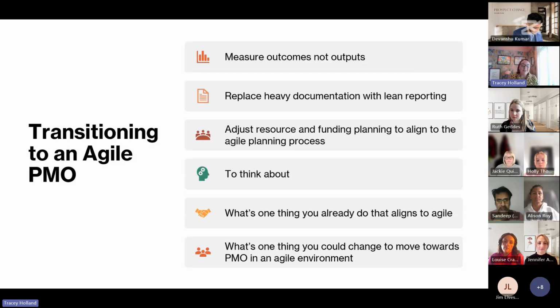I've just identified 3 key things that I think are really important to think about when you're thinking about PMO in an Agile environment. So measure outcomes, not outputs. So those outcomes in terms of that value that's being delivered and how that speaks to the strategy and the business goals. Replacing heavy documentation with much more lean reporting. So thinking about how could you access information and translate that for leadership without having a layer of burden of